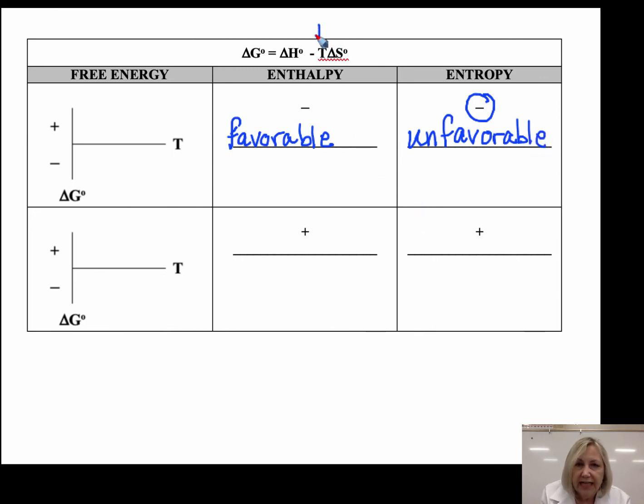Well, it relies on temperature. If we can minimize the temperature, we can keep this factor small. And so at low temperatures, let's just look at magnitudes, my favorable delta H would be greater than